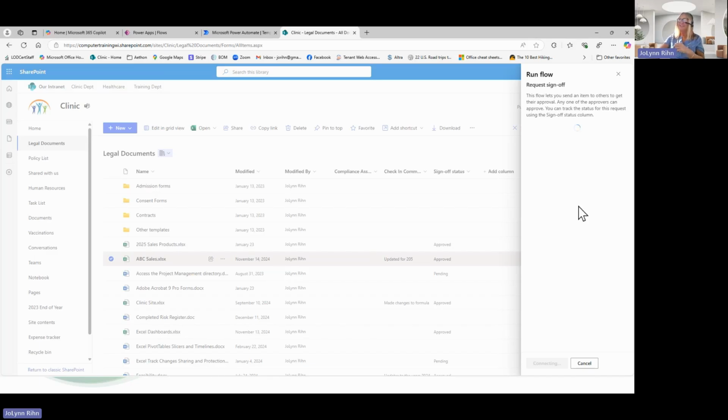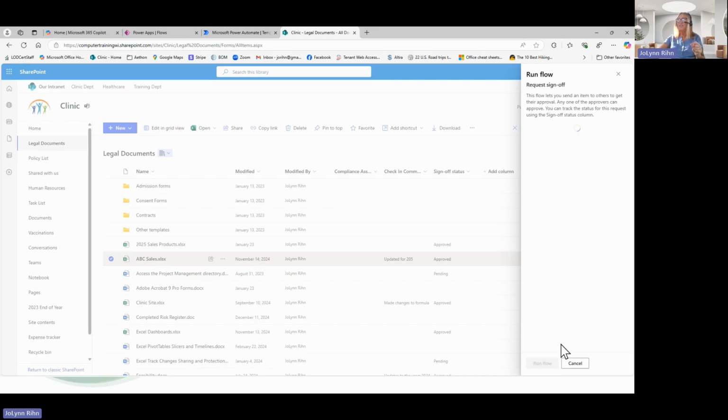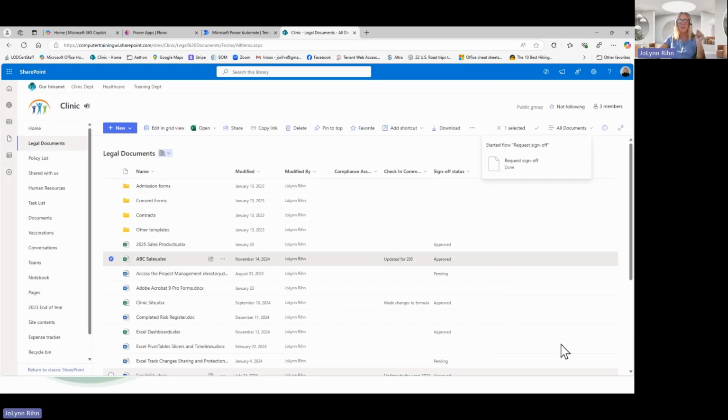And what's going to happen on the right-hand side then is I can choose who I want to send this to. I can type in a message to give them via email and in Teams to say, can you please review this file and let me know if you want any changes or whatever. So I can type in, oops, please review this file, blah, blah, blah. I would put in my email message to them, but at the bottom, all I have to do is click Run Flow. It's an instant flow that is going to happen immediately. So once, oops, I had a typo on that, but that's okay. I clicked Run Flow, it automatically was sent.